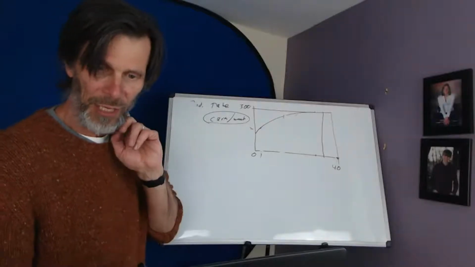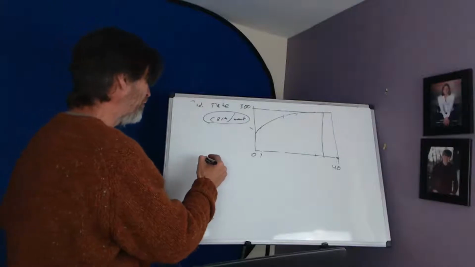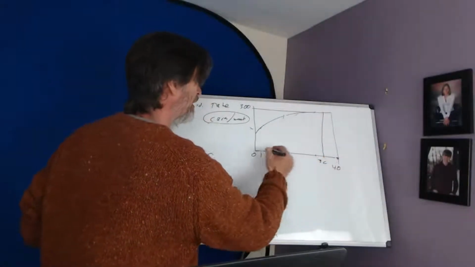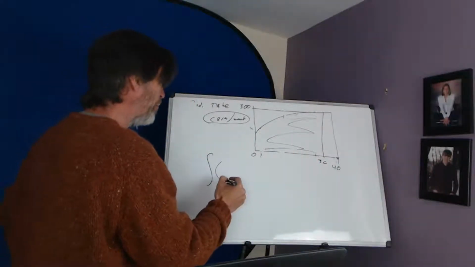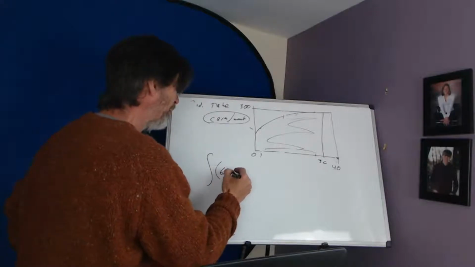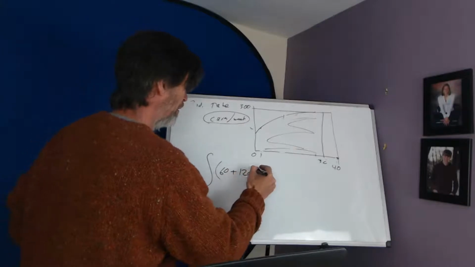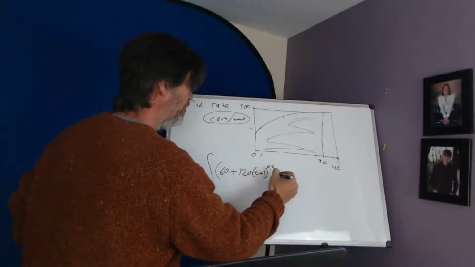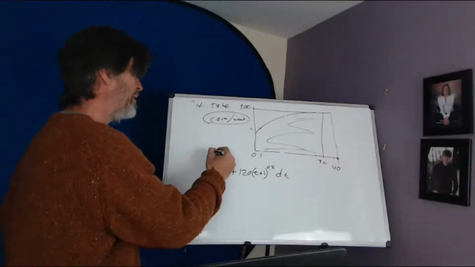Plug in 32 and 0. Yeah, but you have to do something first. You have to take the antiderivative. So we're looking for the area under the curve from 0 to 36. And perhaps you surmised that already, but it's the antiderivative of the production function. Oh, I forgot. So that's 60 plus, was it 120, times (t plus 1) to the 0.2 dt. So we want the area under the curve from 0 to 36.